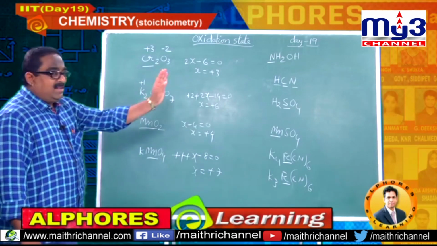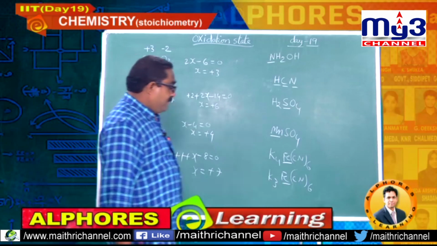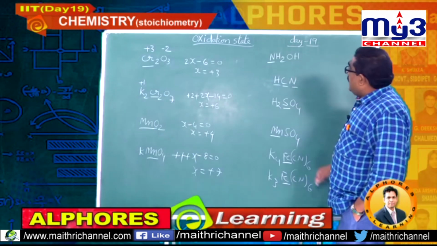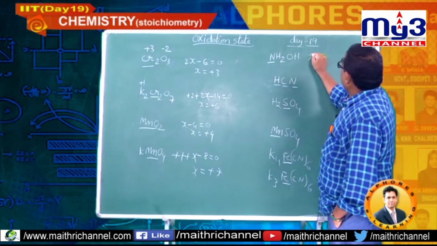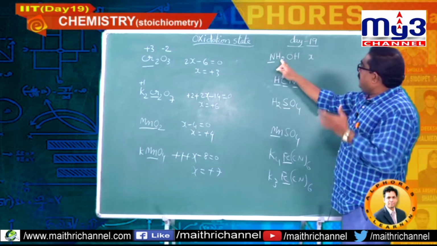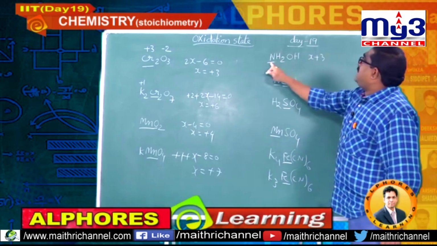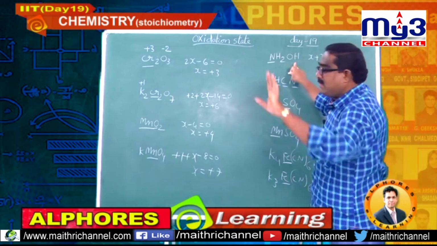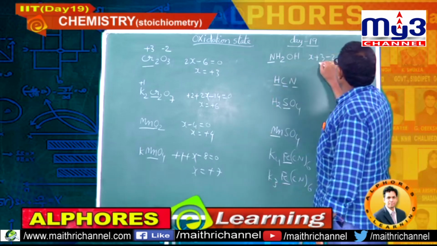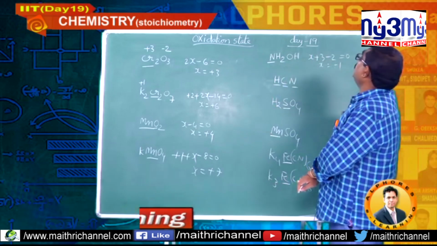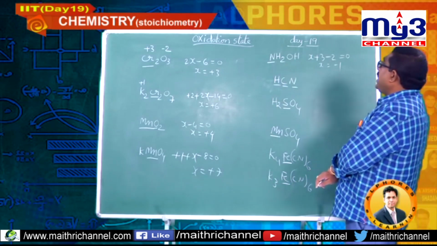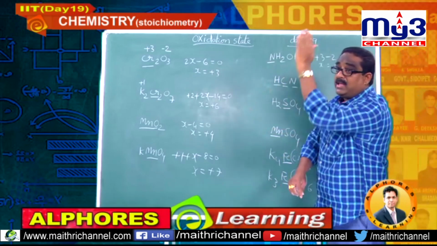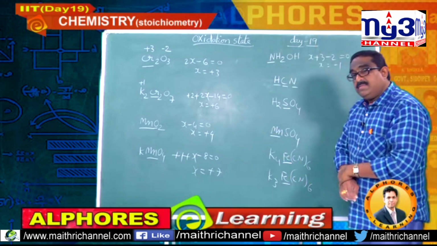Then now I will go for that set. Please note it down, students, don't waste time. Here if you calculate for nitrogen, x, 3 hydrogens plus 3, because no metal is there. So for hydrogen you can take it as plus 1 blindly. Oxygen minus 2 equals 0. x equal to minus 1. Yes, possible. Nitrogen belongs to 5th A group, maximum plus 5. So no problem, it is below it only.